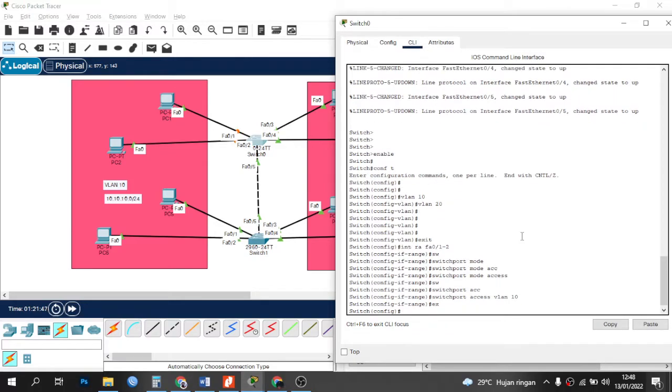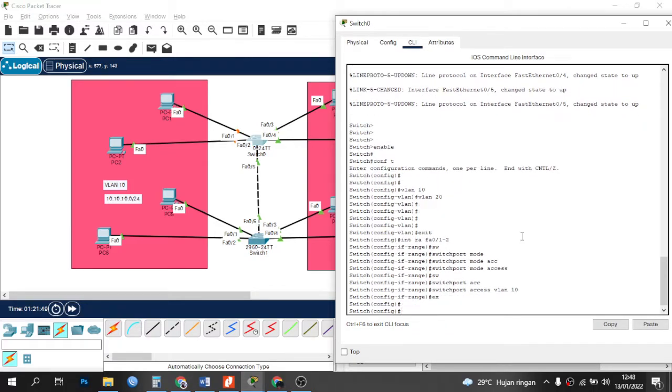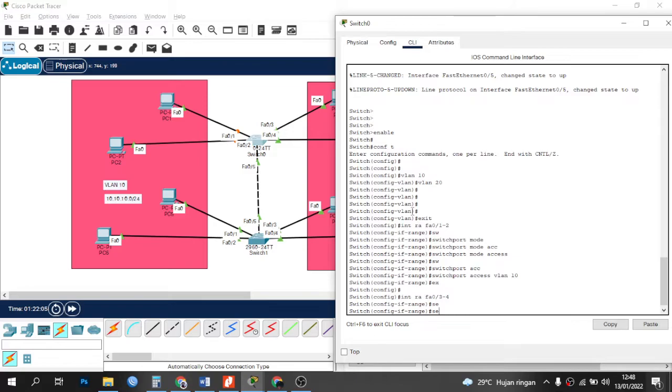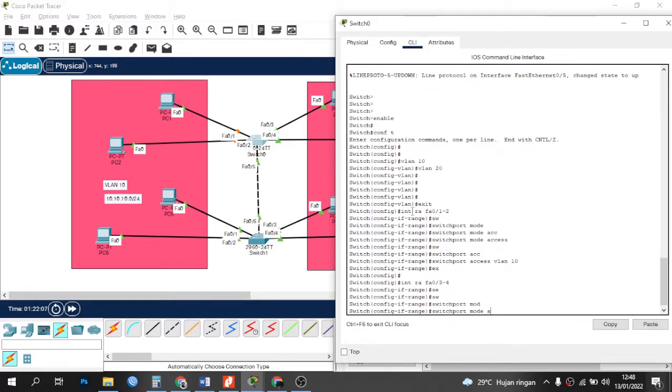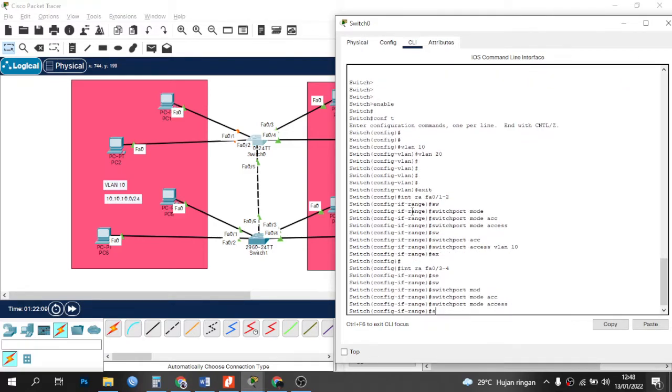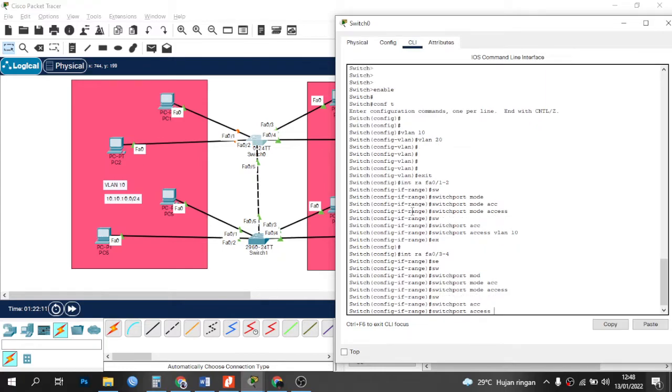Okay, and on the right side, interface range fa 0/3 to 4, switchport mode access, enter, switchport access vlan 20.